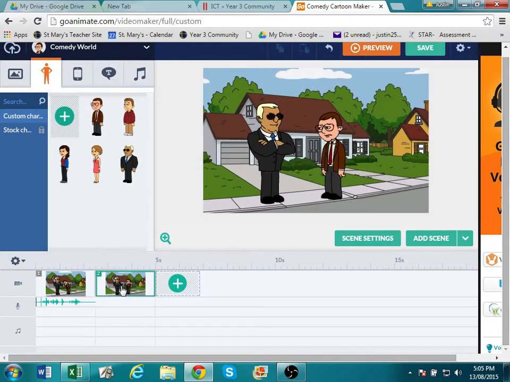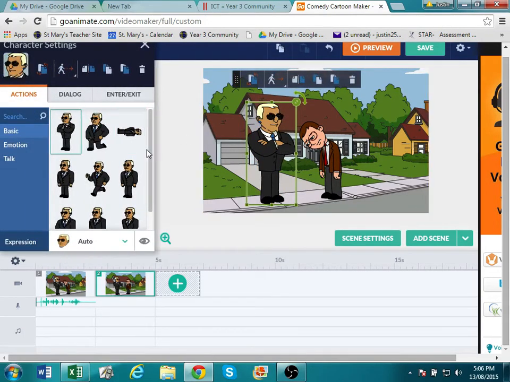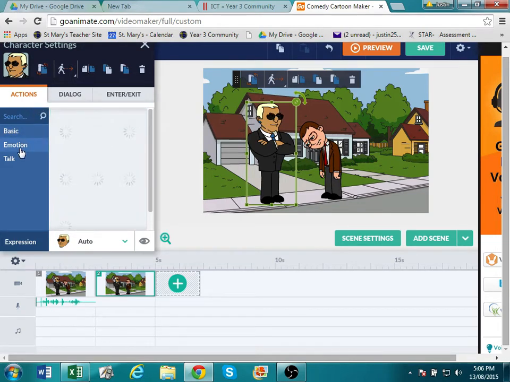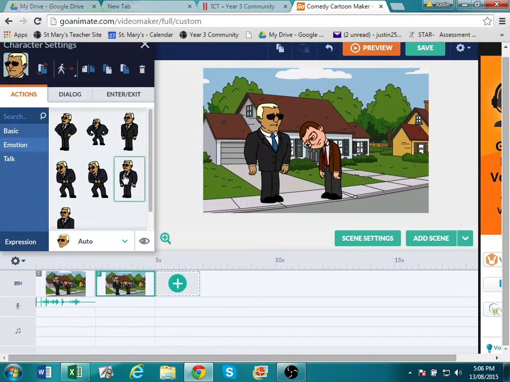Another scene occurs. So after my first character says something, obviously the bodyguard might respond. So I'm going to click on the bodyguard. I'm going to have him now feeling, I don't know what else he might feel. He might be sad because this fellow's talking, so I'm going to make him look sad. And he's going to say,